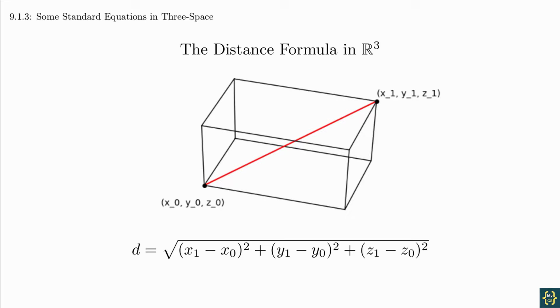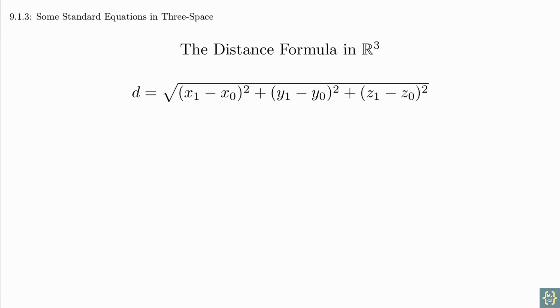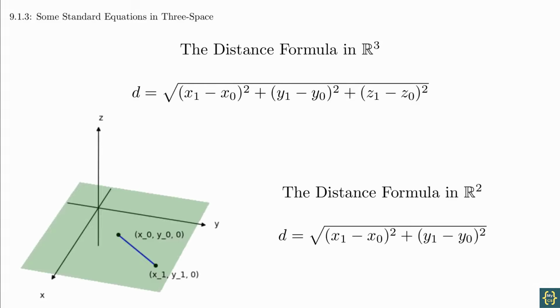The end result is known as the distance formula, and it tells you how to calculate the distance between any 2 points in 3 dimensions. We say that the 3-dimensional distance formula is a generalization of the 2-dimensional distance formula because we can derive the 2-dimensional formula from it. All we would need to do is set both z0 and z1 equal to 0, which is saying that we're looking at points on the xy plane. Once we make that substitution, the last term cancels out and we have the 2-dimensional distance formula. Recognizing these relationships helps us to see how our ideas relate to each other, which helps to better understand the